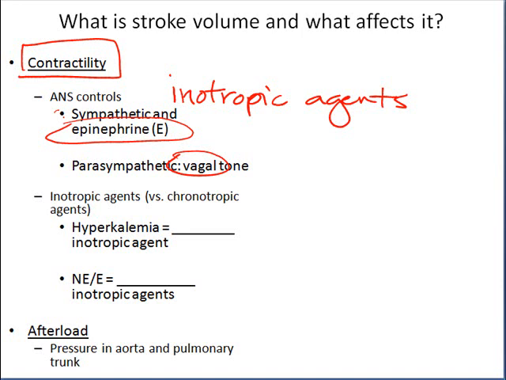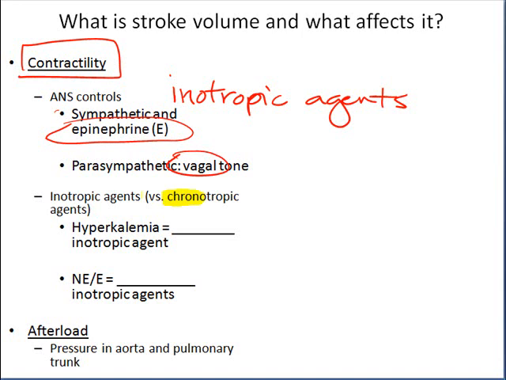So that's one way we can alter contractility. Inotropic agents are different from chronotropic agents. Chrono means time. Chronotropic agents alter the number of beats per minute, versus inotropic agents, as we said, are responsible for altering the strength of contraction of the